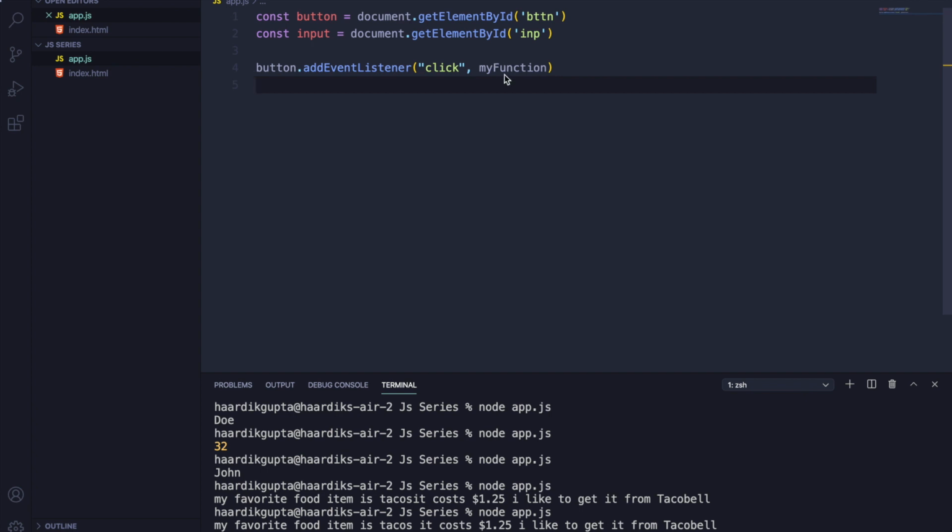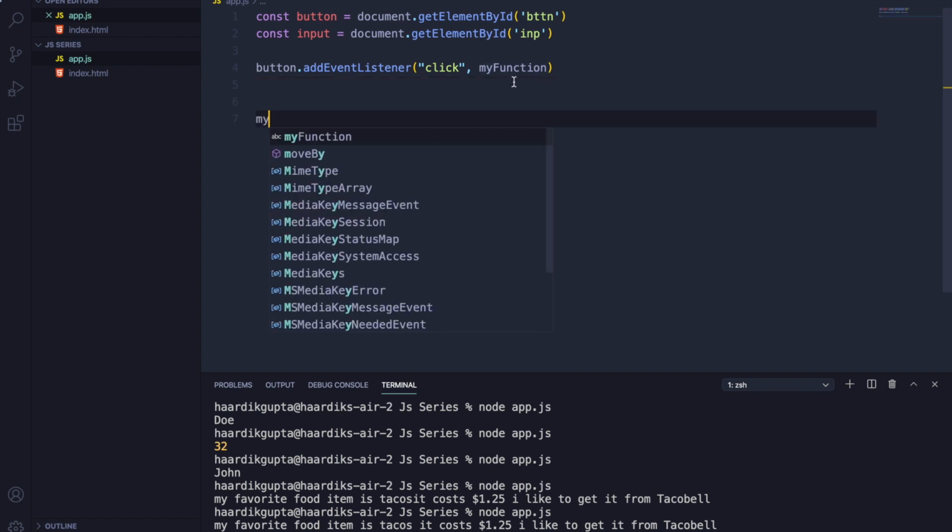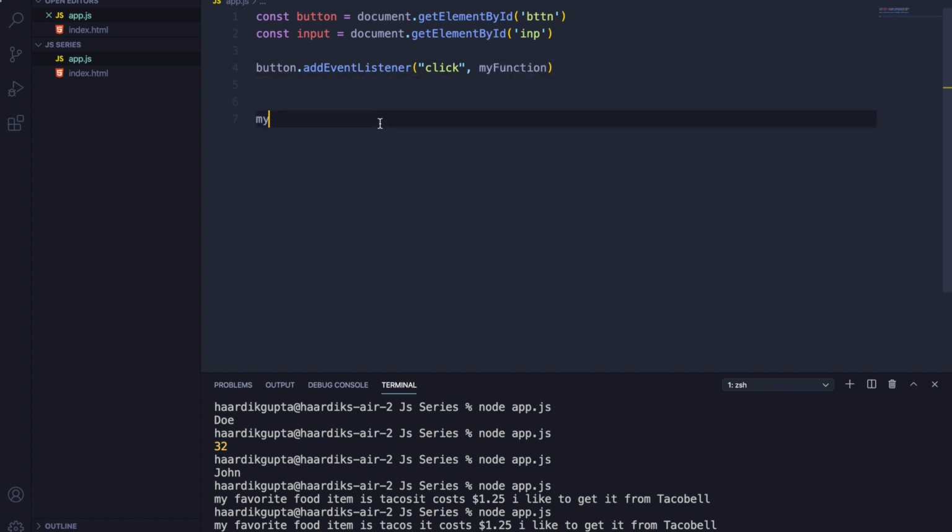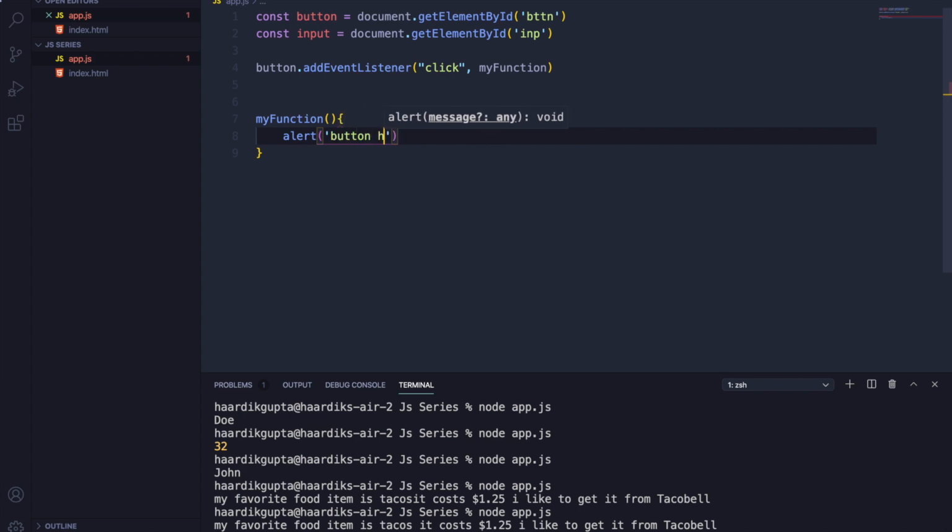And I haven't created this yet, so I'm gonna create that. You can change the name of this, by the way, to anything you want. So we're just gonna keep saying my function params, and here we can type in whatever we want to happen. So I'll make an alert right now, and it'll say button has been clicked. Now let's go back, reload, and